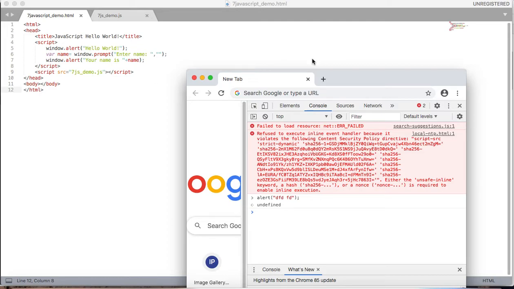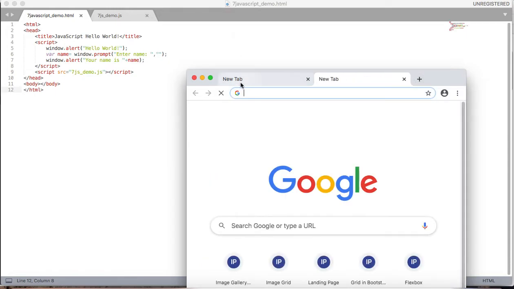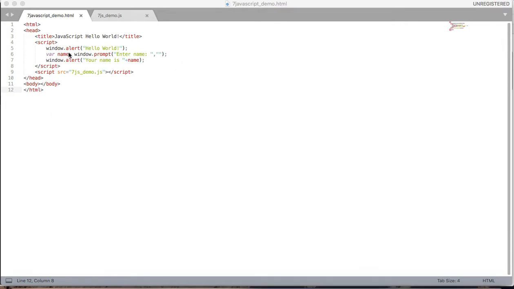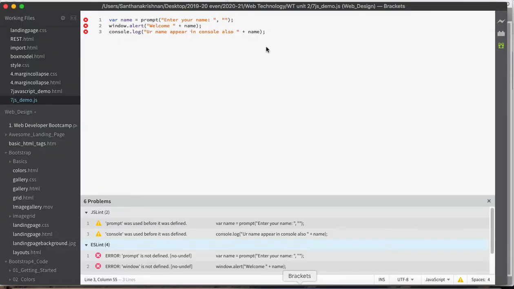Here we go. The same thing, it's an embedded version. I'm showing the demo for both. Let me open, instead of Sublime I'll go for JavaScript.